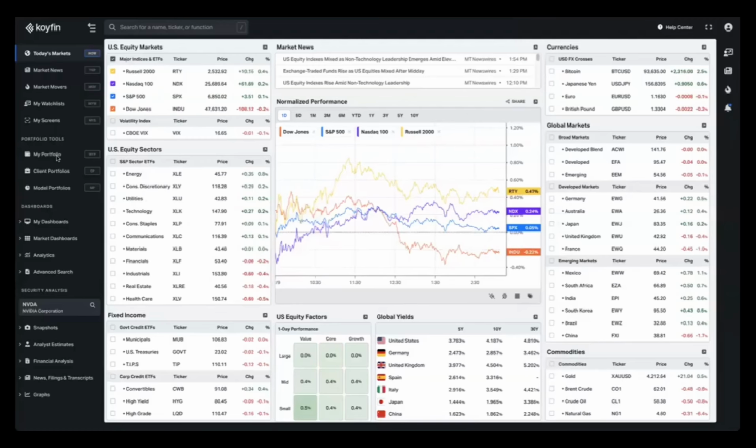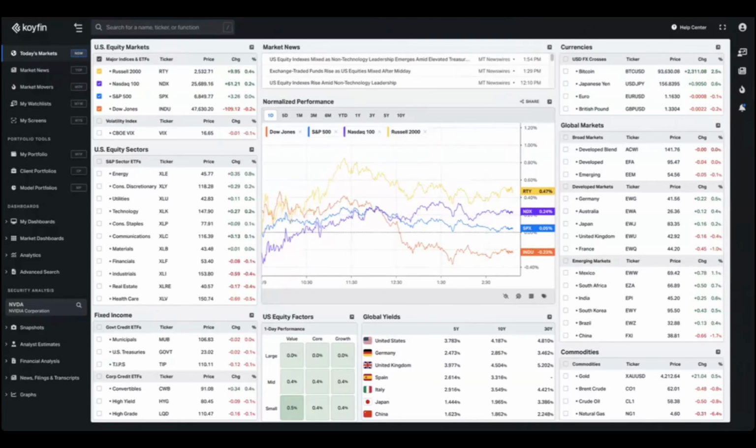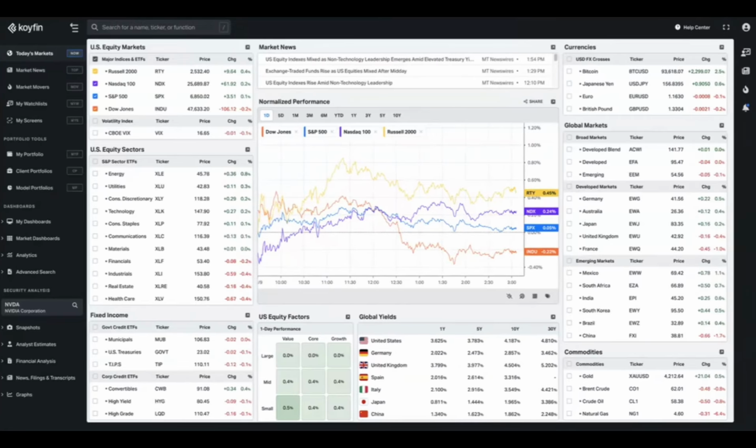So I have my screen of Koyfin up. Today, I'm going to be demoing specific functionality related to client portfolios and client proposals. I did want to, for folks that are learning about Koyfin for the first time, give you just a quick 2-minute overview of what Koyfin is. So Koyfin is an analytics and financial data platform, and basically we have a couple of workflows that we do